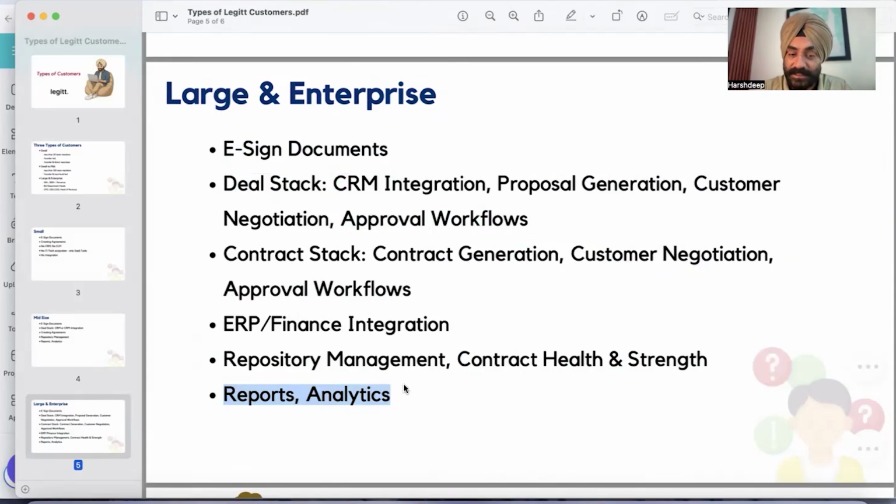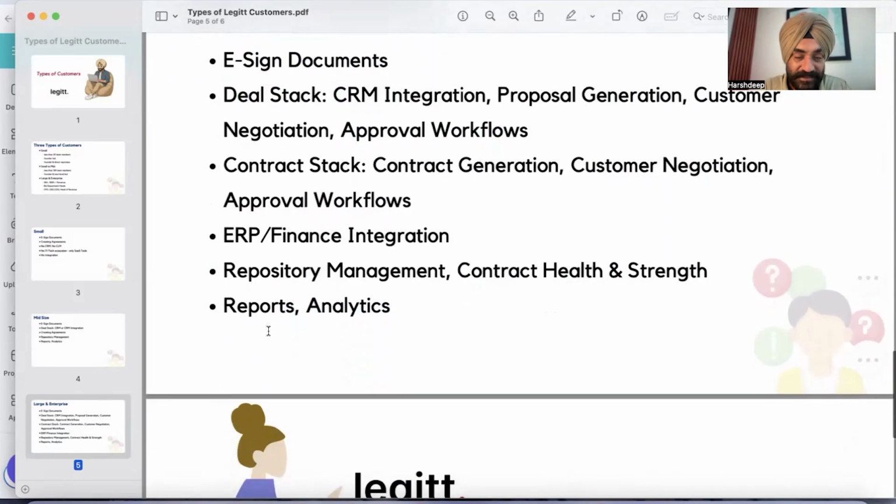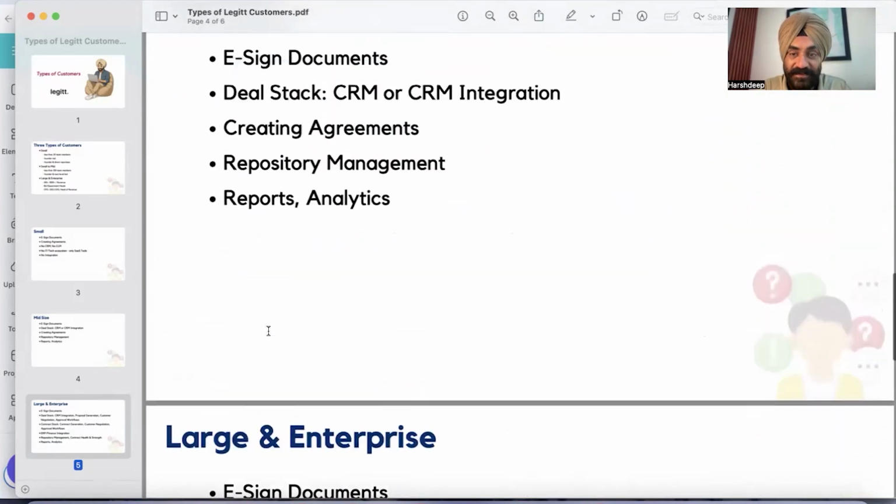So imagine the ease that CEOs, CXOs, department heads or team heads now have when they implement Legitt AI in an enterprise environment. Some of the reports are so detailed that they had to wait maybe hours or days to come from their teams. Whenever they require this information, just like ChatGPT, they can chat with Lana and get this information. So these are the three types of customers that we have.